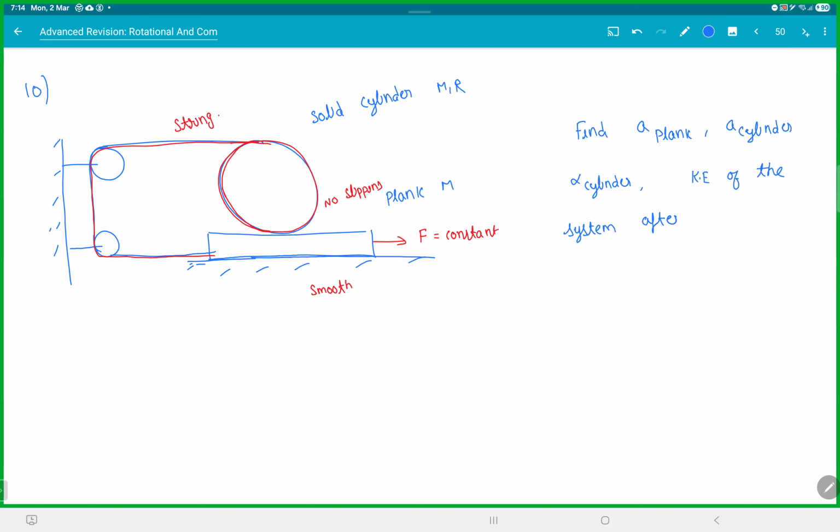I can even ask you to find the friction between them. Yeah, you can play around. If this is the paragraph, I will do that only. I'll ask you acceleration of the plank, acceleration of the cylinder, alpha of the cylinder, or the kinetic energy of the system. So